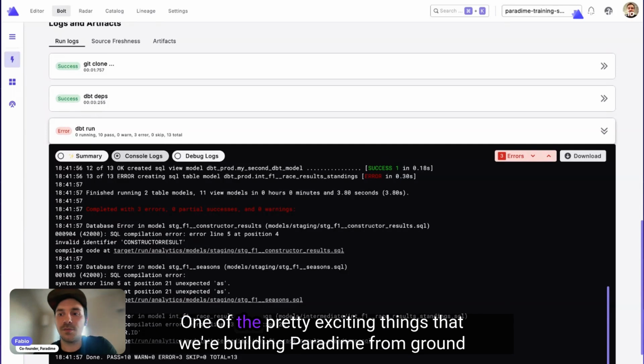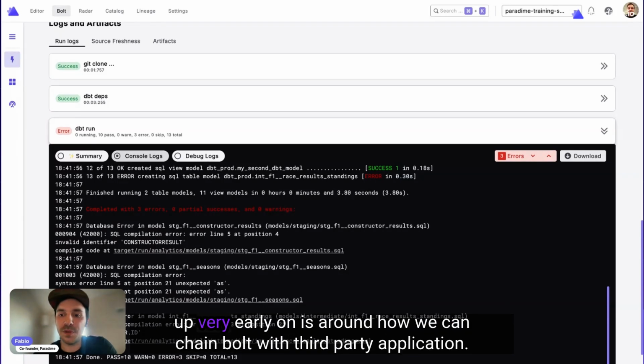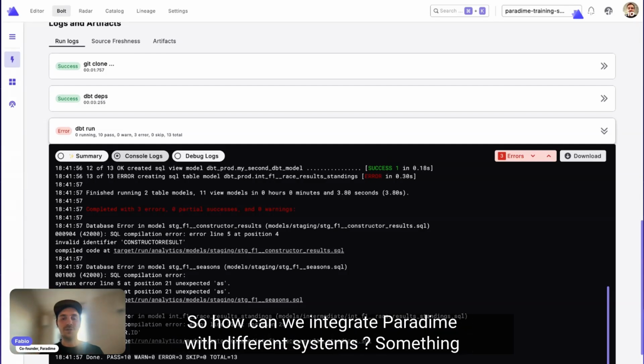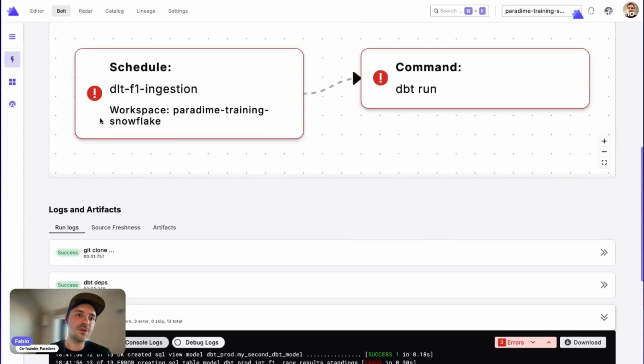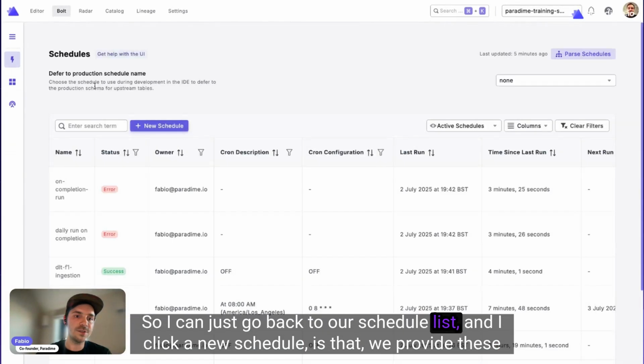One of the pretty exciting things that we have been building on Paradime from the ground up very early on is around how we can chain Bolt with third-party applications. So how can we integrate Paradime with different systems? Something we see in one of our templates, so I can just go back to our schedule list and I'll